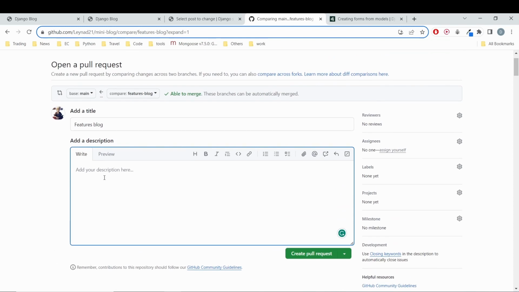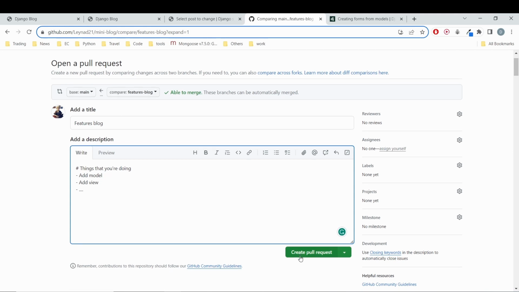So here you add a description and say the things that you were doing, like add model, add view, and others. So what you want to do, you want to create a pull request from the feature